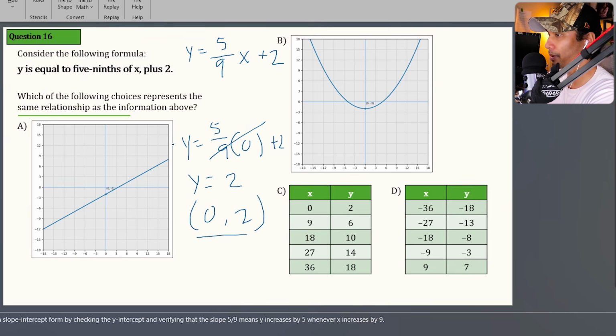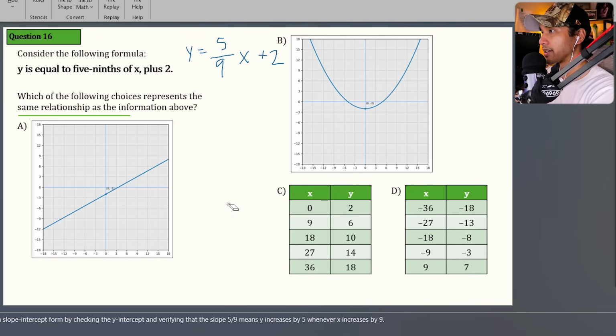So that's what we mean by y-intercept, okay? And vice versa, the x-intercept would be to make y equal 0 and then solve for x. And that is the point in the graph where the